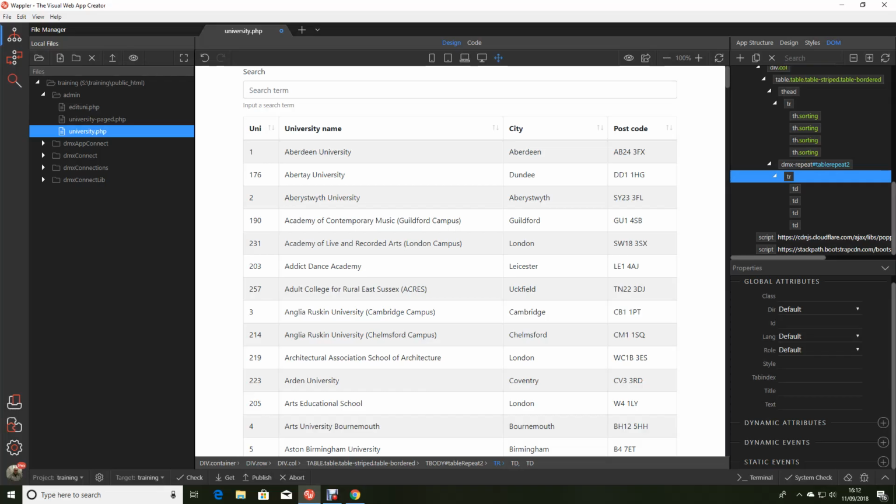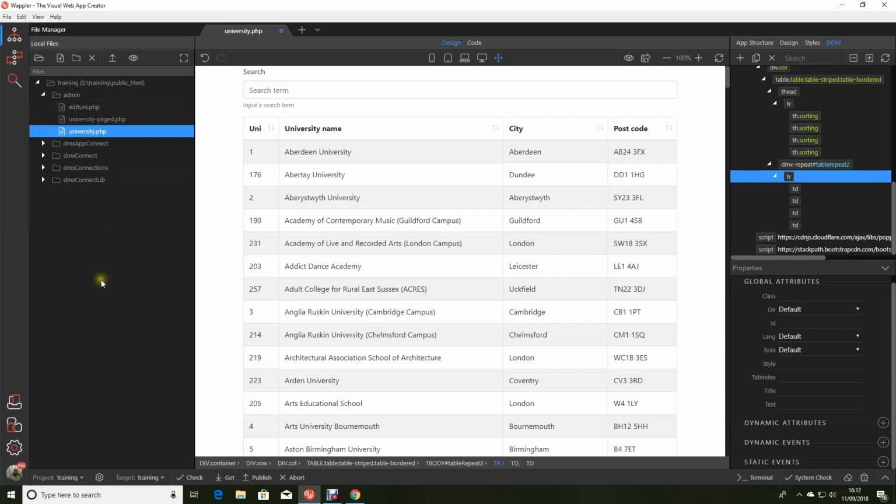In this session I'm going to show you how to create a hyperlink from a bootstrap table and link it to an edit page. I know in this series we haven't created the edit page yet, but I've had a number of requests from people as to how to create this hyperlink, so I thought I would get this video out as quickly as I can. I have pre-created the Edit University page, but we'll go through